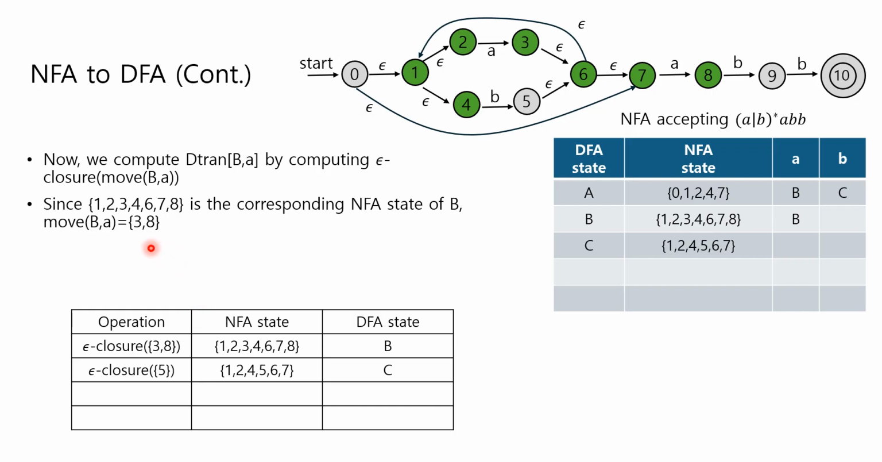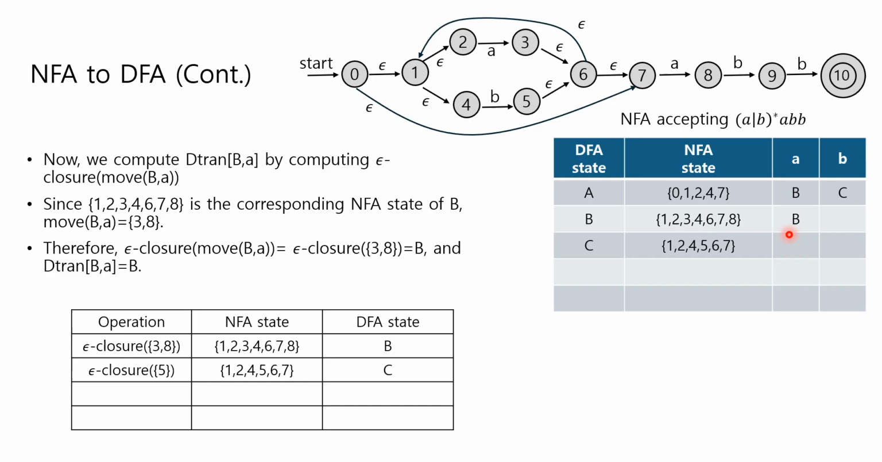So epsilon closure of 3, 8, we have already computed it earlier here. So the NFA state is 1, 2, 3, 4, 6, 7, 8, and we see that the DFA state already exists in the Dtran. So we fill in the DFA Dtran[B, a] with B, and let's go to